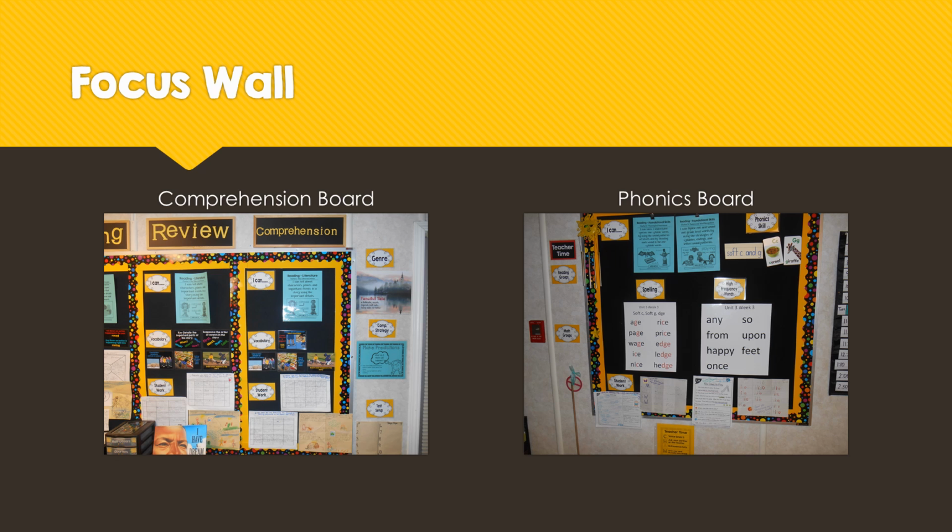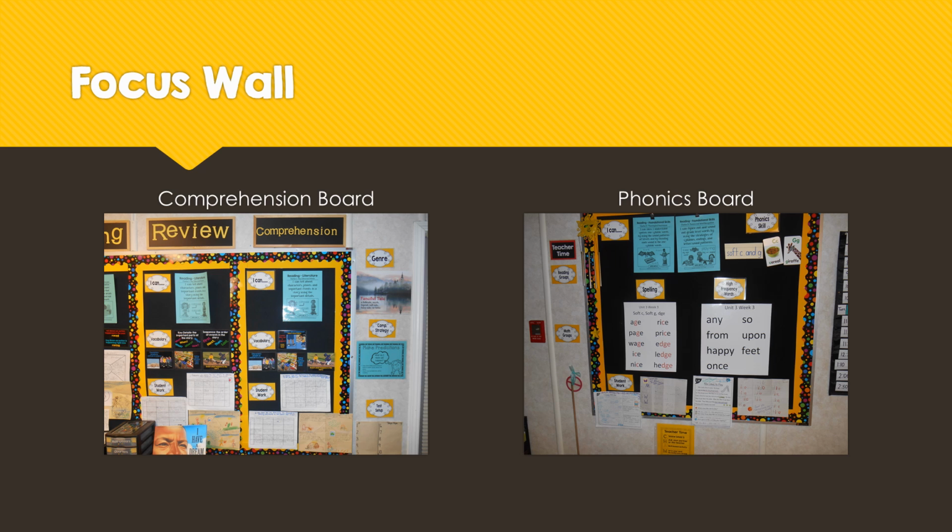At our school, we have to have a focus wall. My focus wall for comprehension has 2 sections. The first section is the comprehension standard that we're currently learning. It has the poster, the vocabulary, and work samples to show that the standard is being met. On the review side, it's the review standard of something that students are not getting well. It could be something from last week or from a prior week, but the vocabulary and the standards have to